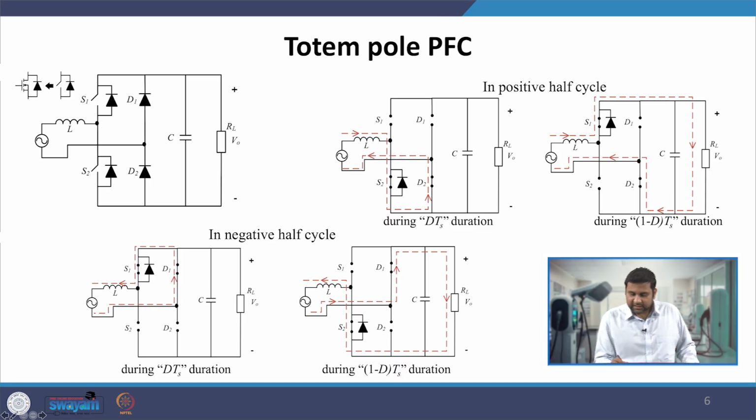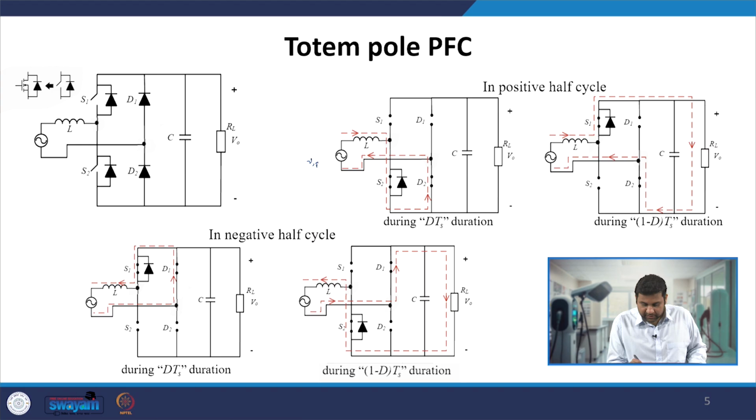In the positive half cycle, in one of the switching period, let us say when the duty ratio is a constant value D, capital D. So, during that time, in DTs period my S2 is on. Now, the moment the S2 is on, here you are having Vs peak sin omega t coming over here. In a positive half cycle, where your Vs is greater than 0, you are having positive voltage applied across the inductor, and S2 is on.